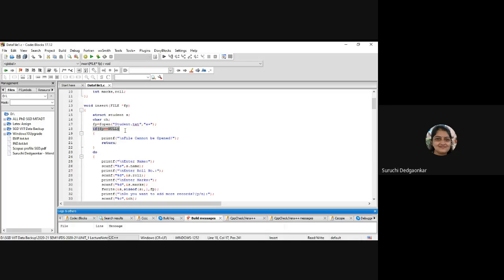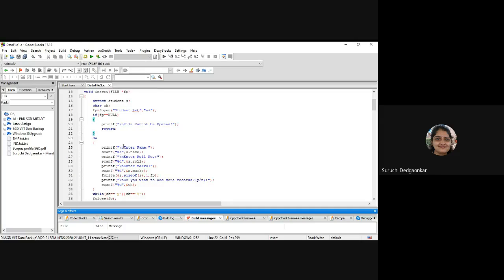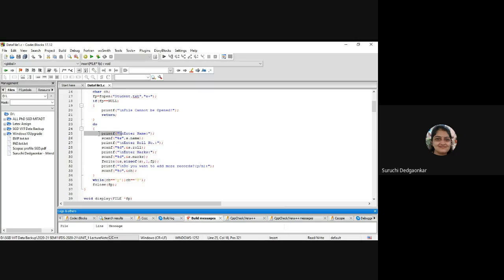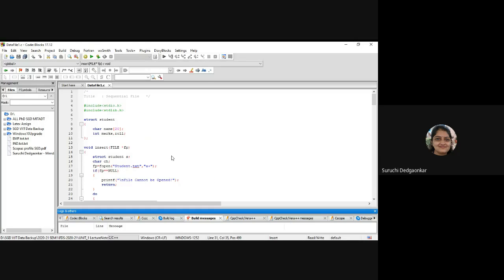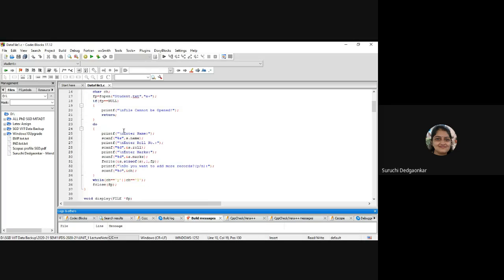And if there is no error in file opening, then go ahead, take the details of one student record. Student structure is declared here, with name, marks, and roll number. So we have created that structure variable s, and we are using the fwrite function to write that single record at a time in the file.